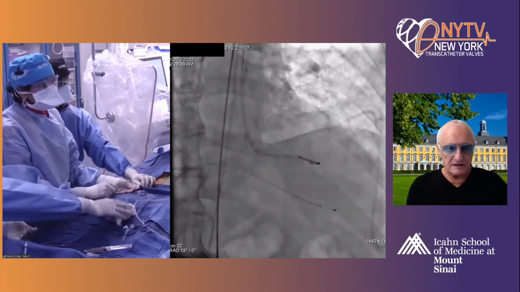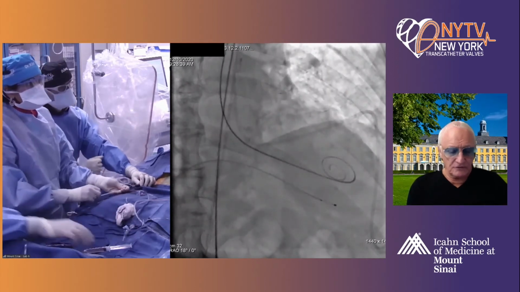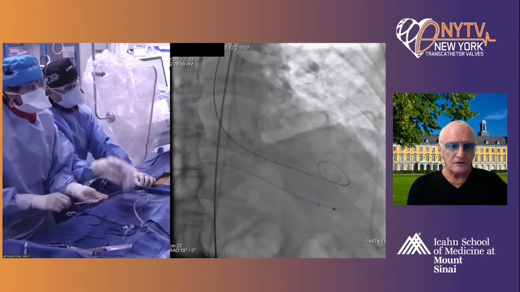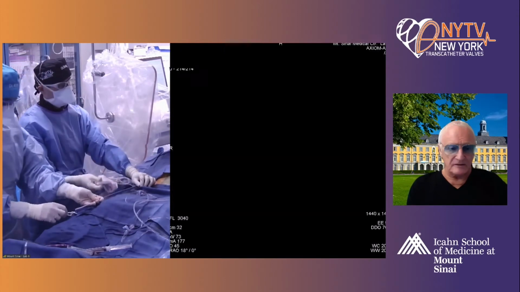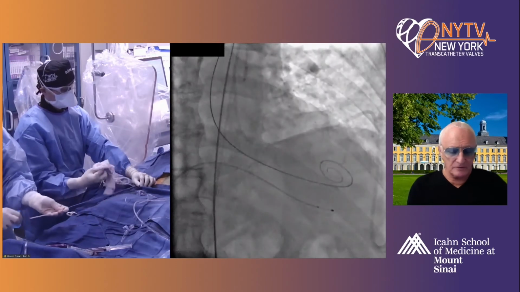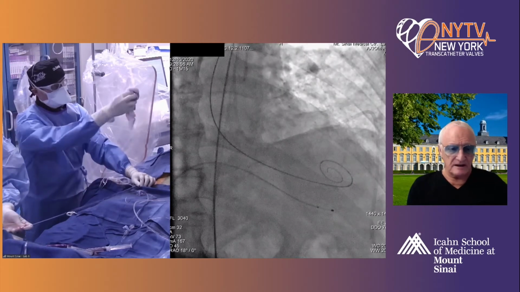In this particular case, whatever you choose is fine. But if you choose a self-expanding valve, because of the large annulus, I would most probably go for a 29 Evolut Pro or Evolut,